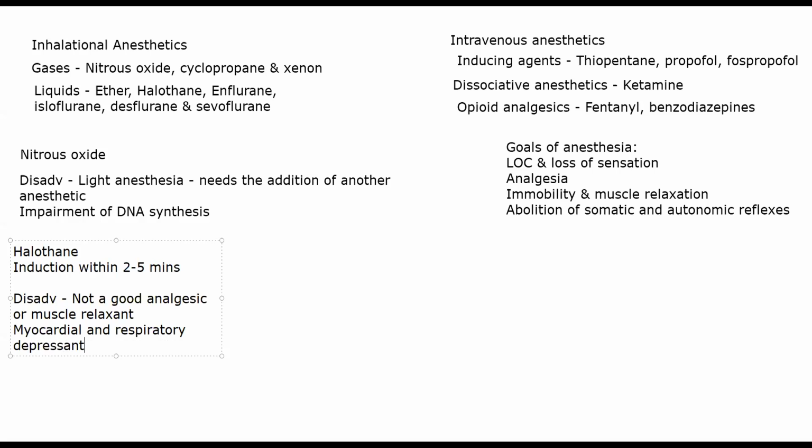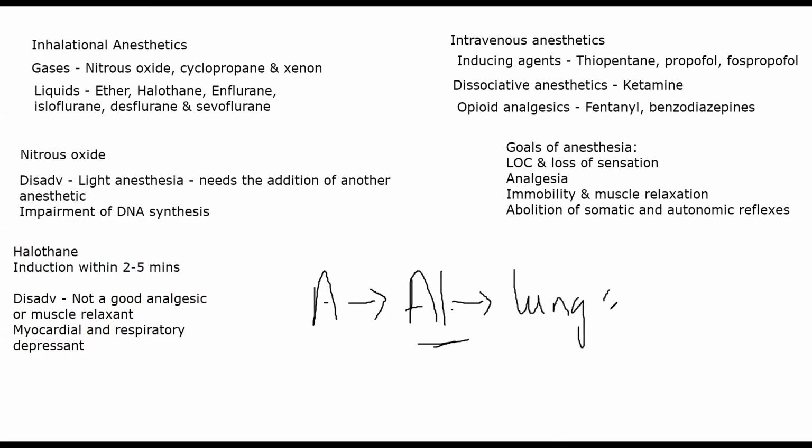There is another thing: whenever halothane is metabolized, there is one particular metabolite. See, if we talk about the pharmacology of general inhalational anesthetics, you are taking the anesthetic, and it is coming into your alveoli. It is coming into your lungs, into your alveoli. From the alveoli, sorry, alveoli itself is present in your lung, it will go into your blood. From blood it is going into your brain.